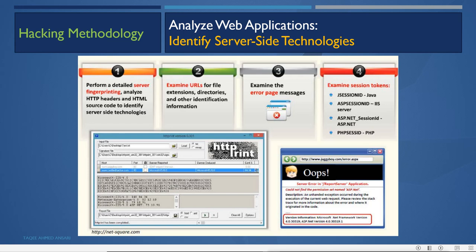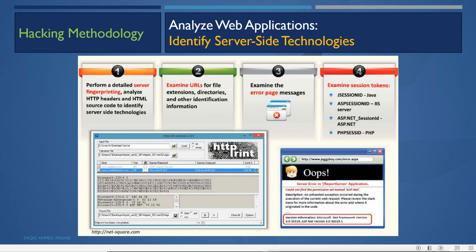Any error that comes from the server, if it is not properly handled, for example if the errors are left on default, then when you get the error, the server will send detailed information. So by examining the error messages, we can determine what server-side technologies are there.